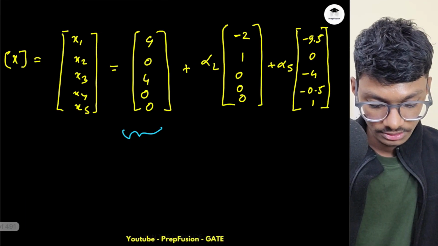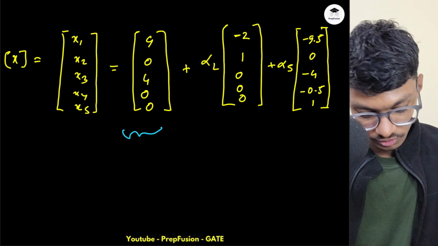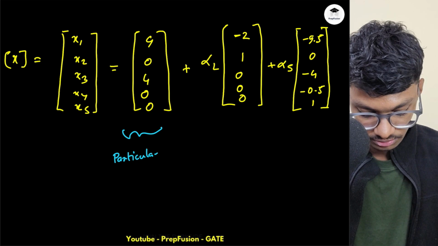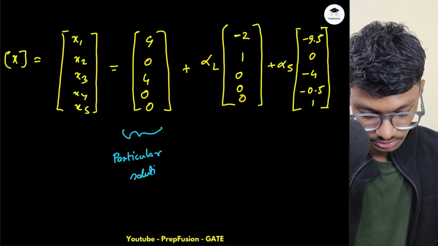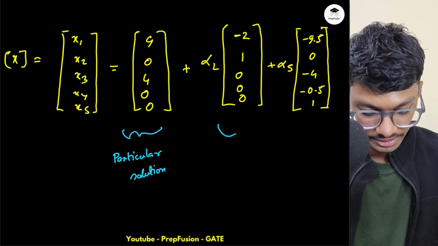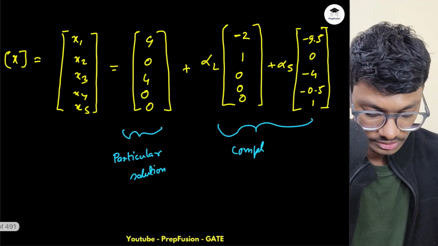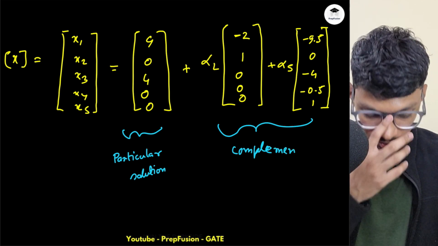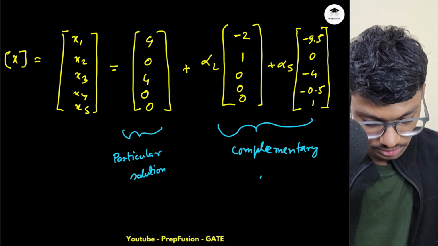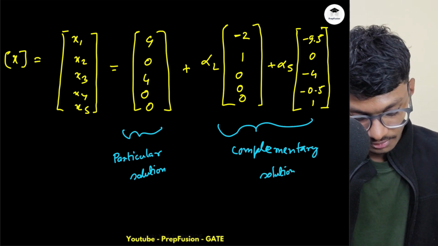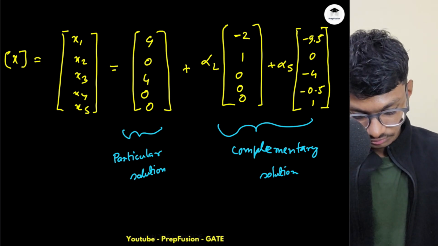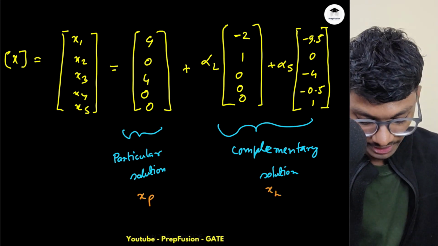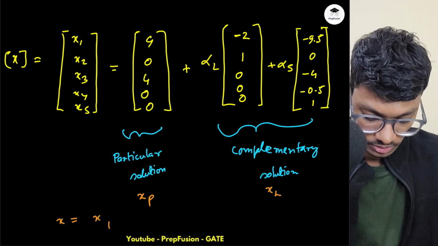So basically this is known as a particular solution, and these are known as a complementary solution. In differential equations, you know, the complementary solution, because they won't do anything. These are known as a homogeneous equation also, the complementary solution. So basically this is known as xp and this is known as xh. Our final solution x will be the summation of xp